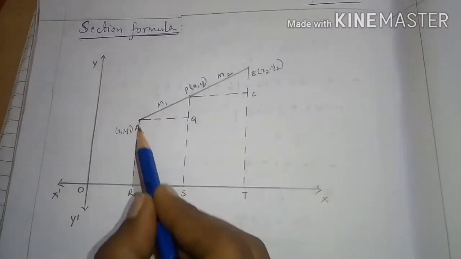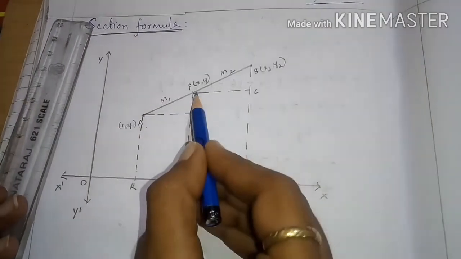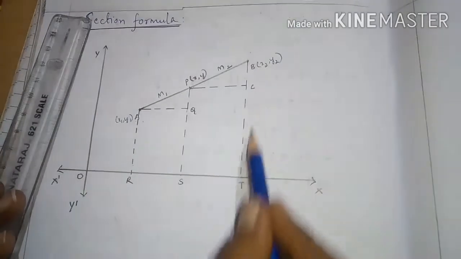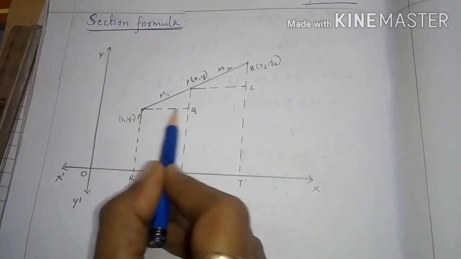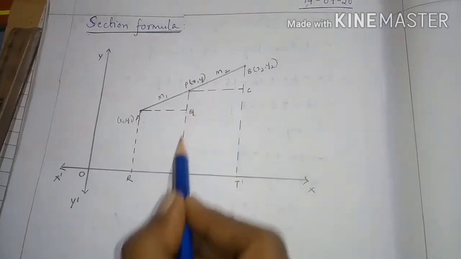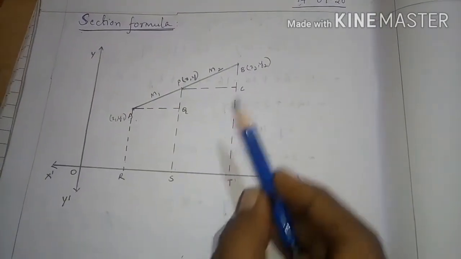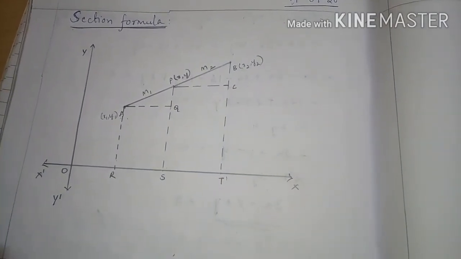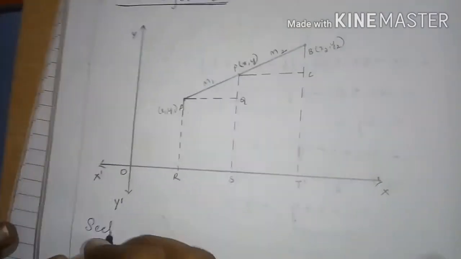Now draw the line perpendicular to the x-axis from point A, and draw lines perpendicular to the x-axis from point P and point B. Now, the section formula is used to find